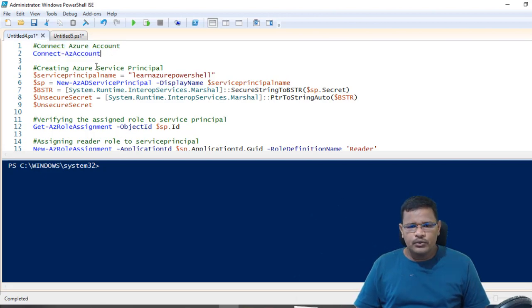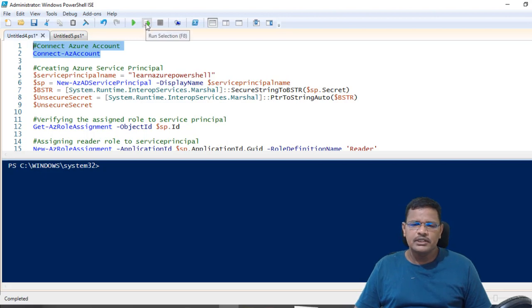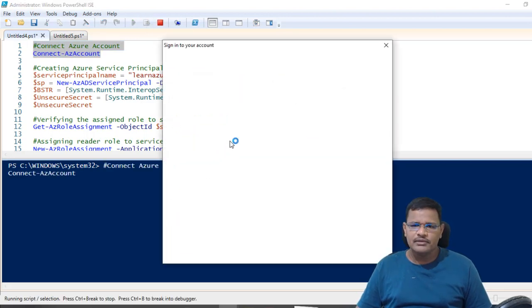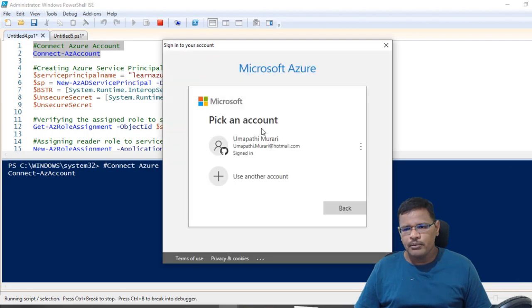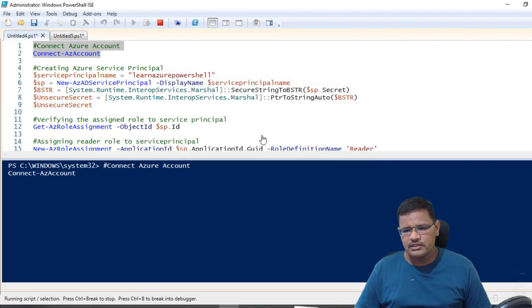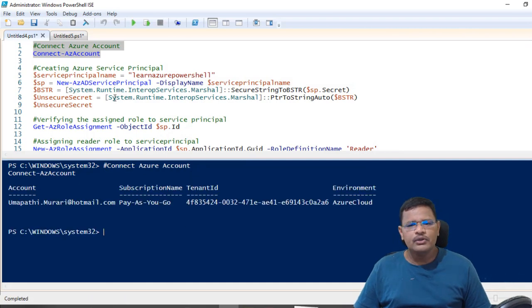To run these PowerShell commandlets, I need to install the Azure PowerShell modules. I have already installed it, so only then will I get these AZ commands. These are the verbs and these are the AZ commands. So the first command is to connect to the Azure subscription. Let me run this one. It will pop up a window. I'm using the same account I have logged in with. Now I'm able to control this complete Azure account using PowerShell and API calls.